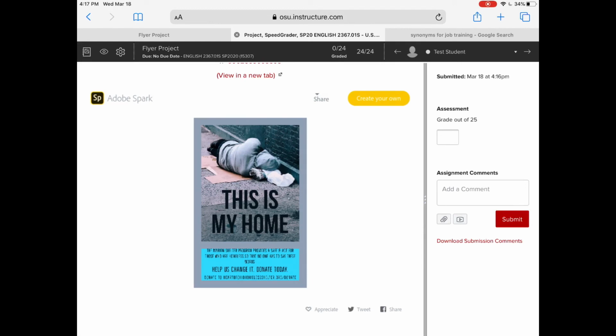If you don't have an iPad, you can still go to Adobe Spark online. And it looks a little different when you do it that way. You'll notice that you have to, instead of clicking the plus button, you'll see create a project. You'll click on that, and then you'll have to pick flyer. And then after that, you'll notice that you still can go to templates, type in the templates just like we